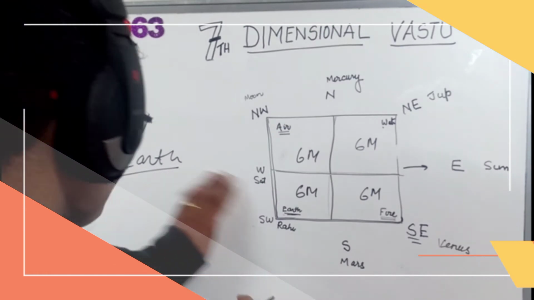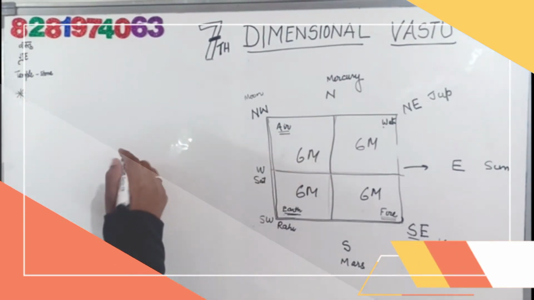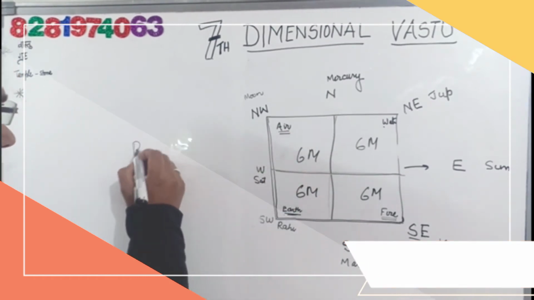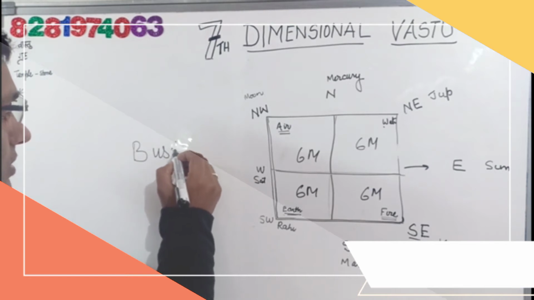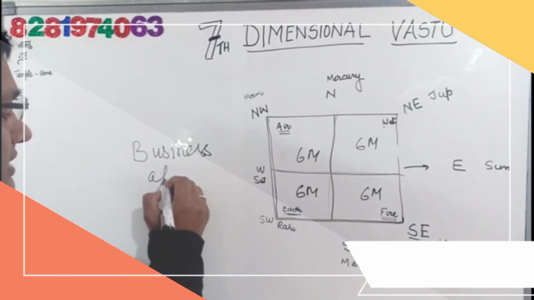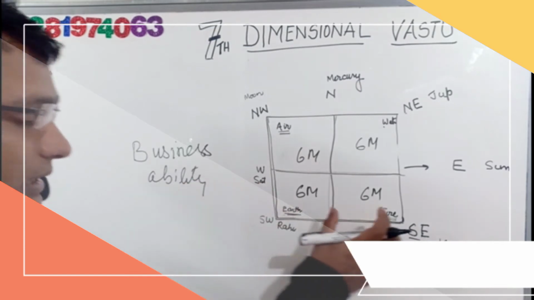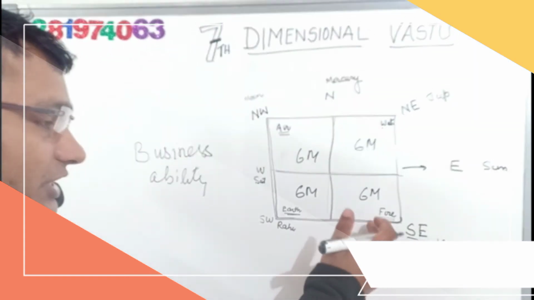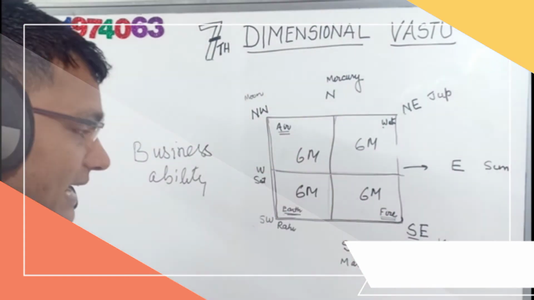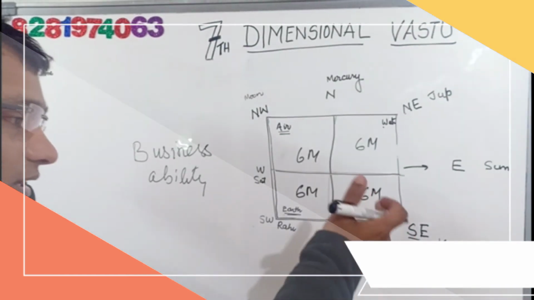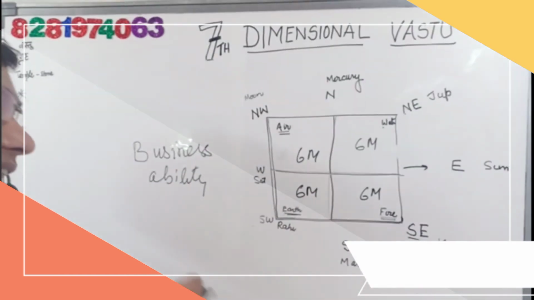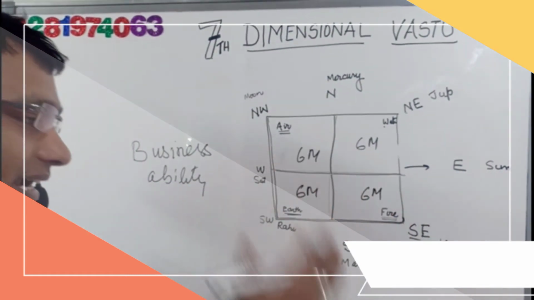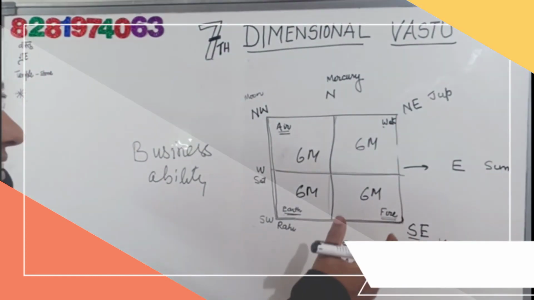If you live in the air angle for 6 months, business ability is higher here. The thought process is very active here. It's like Mars energy, like fire energy, very energetic. So kids can be here, a sports person can stay here, and somebody newly married can stay here. So this is particularly for that.